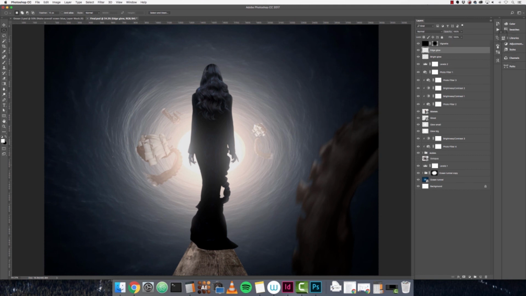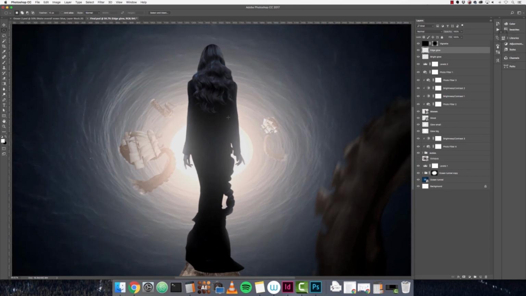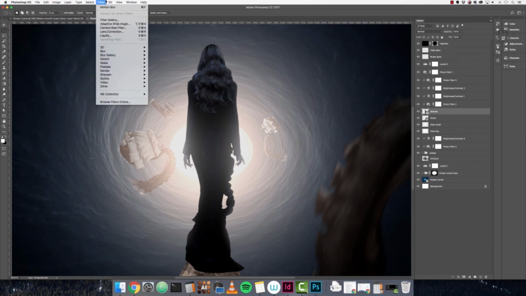We will now add a filter to our woman layer to give her more of a surreal look. Everything in the scene looks very surreal and almost painting-like, and I want to apply a bit of a filter just to make her look a little bit less real, if that makes sense. I'll show you what I mean. Click on the woman layer and select filter. Go to filter gallery,